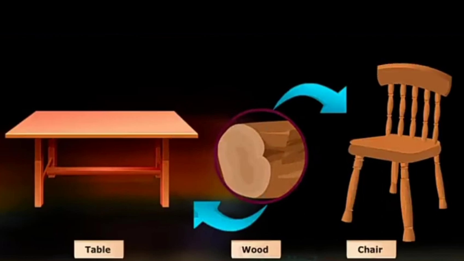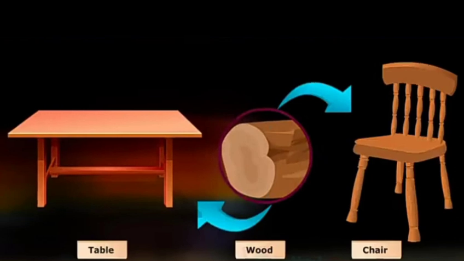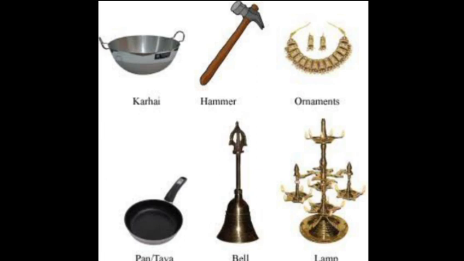And different materials have different types of properties. And the properties, they help us to decide which material should be used to make an object. And in order to choose a material to make any object, we need to keep in our mind the purpose for which the object is to be made and the properties of the material by which it is to be made. If we want to make the utensils for our kitchen, that can be made up of metals like aluminium or steel and not of paper or cloth.